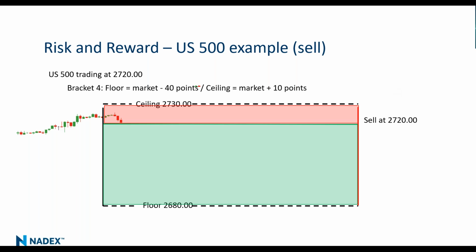Okay, so notice when I'm selling, the red is up above and the green is below. When I'm buying, the green is up above and the red is below. And again, you would have to make a determination on where you would want to buy or sell between a knockout range where it makes the most sense for what you're trying to do,